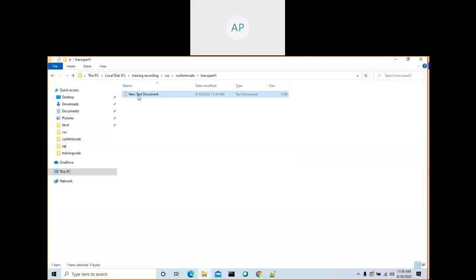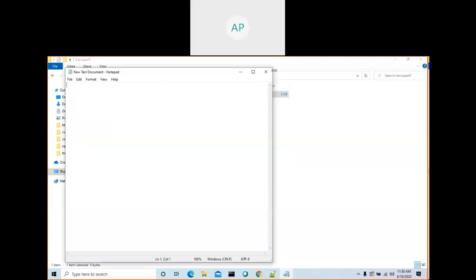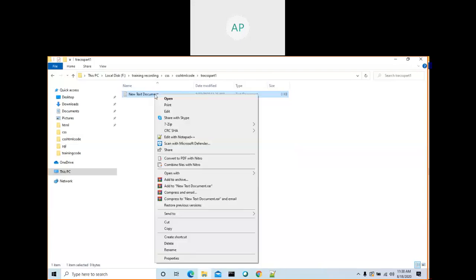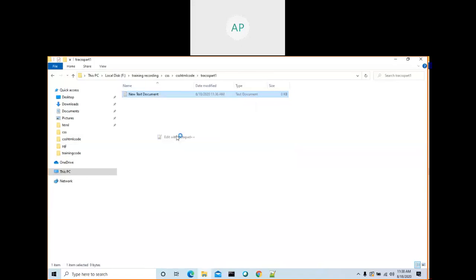A document can be opened with Notepad by double click, or else install Notepad++. Go to Google, type Notepad++ download. It's very easy. You can download the software and install it. After that, if you right click, it will ask something like edit with Notepad++ or open with Notepad++.